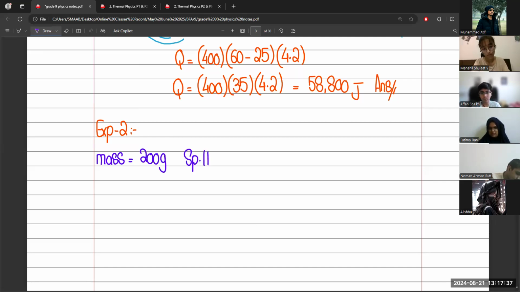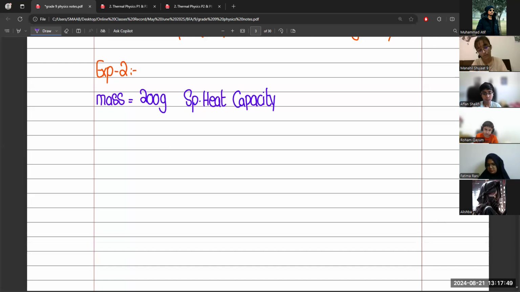This example number 2 is our homework. I will also send this file in the group. So if you are not able to write down the question, you may just take a screenshot of it or take a picture, because at 1:20 there is also another class of grade 10. So you may solve this question as homework or after the class when you get free and just send the answers in the group. I will check your answers and let you know whether it is correct or some improvement is needed in that question.